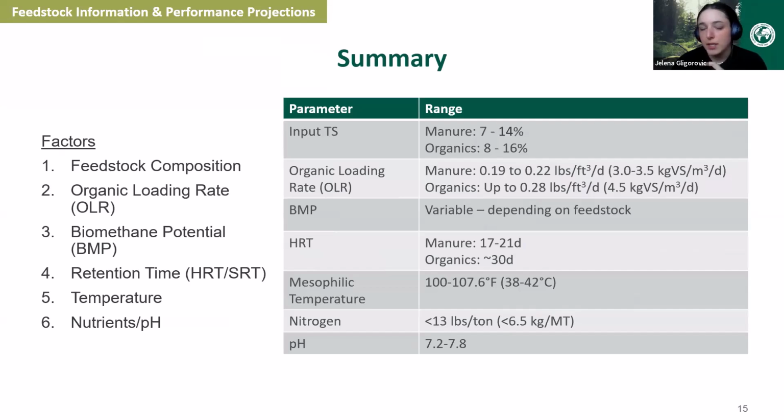So I have a quick summary here. I know I didn't talk with separate slides on retention time, temperature, nutrients, and pH, but I do have a little bit of a cheat sheet here, I guess. So I've listed some important parameters for process designs, mostly focusing on manure and organics instead of energy crops, but kind of touching on everything that we talked about before with the OLRs, the BMPs, which of course are variable